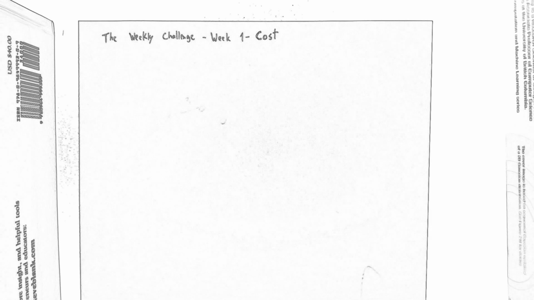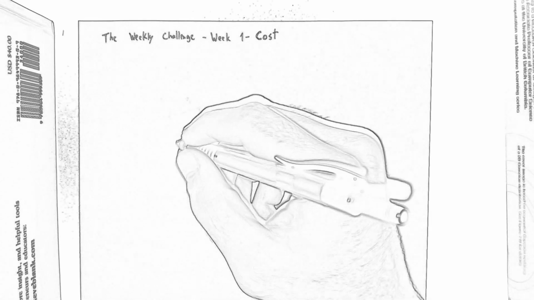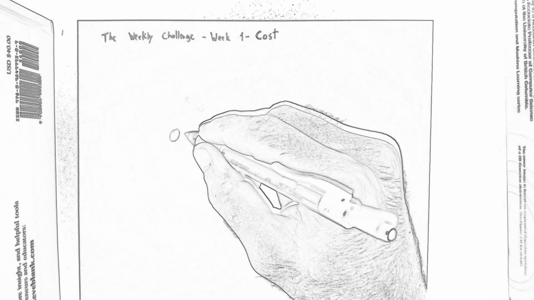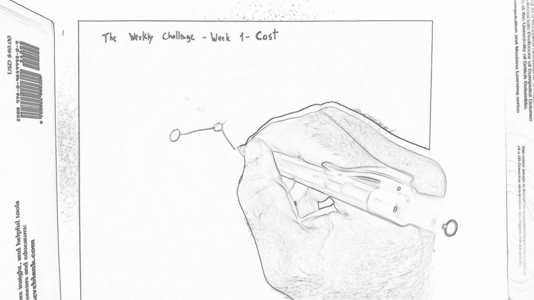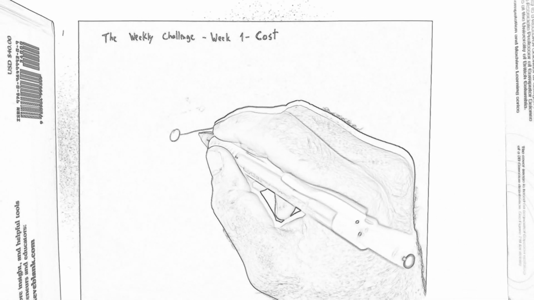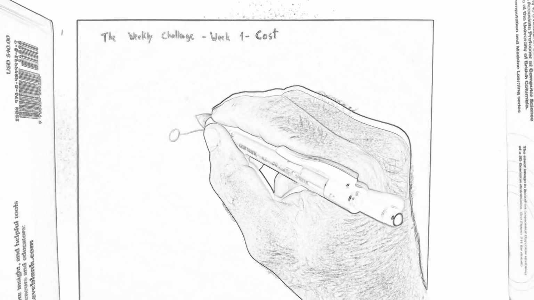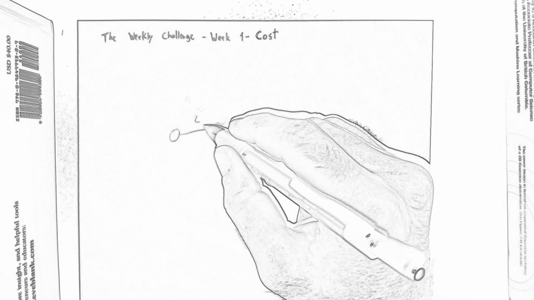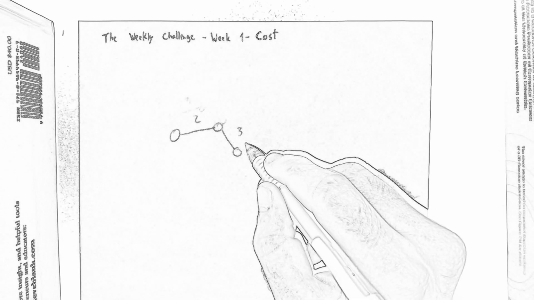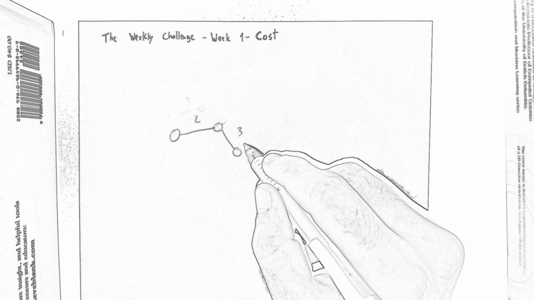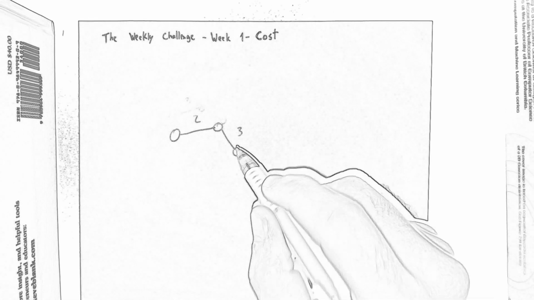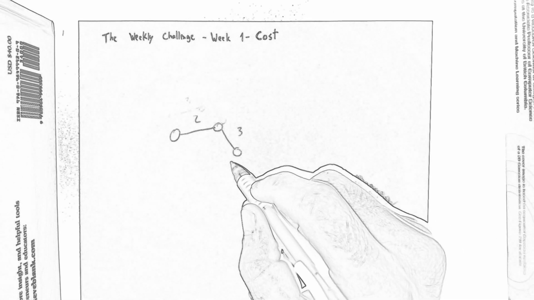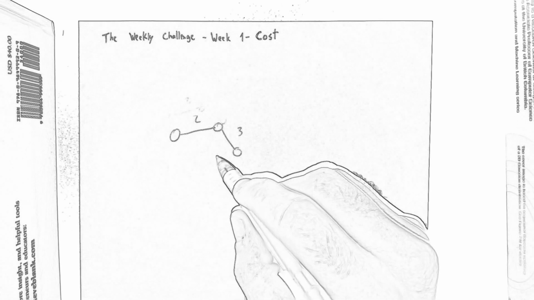So this is our second problem, and it's called cost. Basically, you're given an undirected graph where each edge has a weight which is distinct from the others. For example, we could have this graph with an edge of weight 2 and an edge of weight 3. What the problem asks from us is to calculate the sum of a certain cost, yet to be defined,